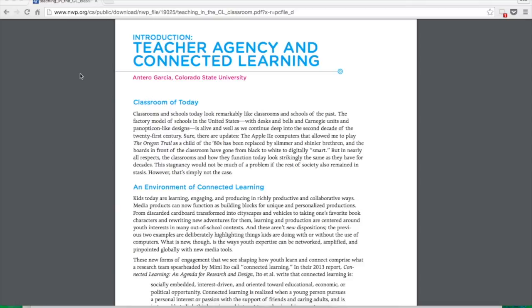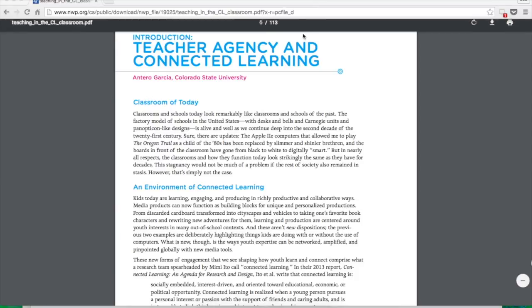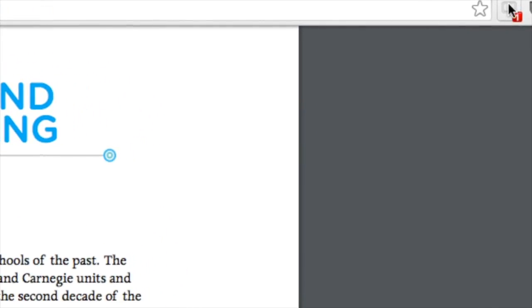So the first thing is, I've already installed the web annotation tool Hypothes.is. And I know that because when I look up in the right hand corner, I see this little speech bubble, and this little 1 indicates that there is already one annotation on this web text. But because the speech bubble is not filled in, I know that the extension is not turned on, so I click on it to turn it on. Now it's going to reload the text,